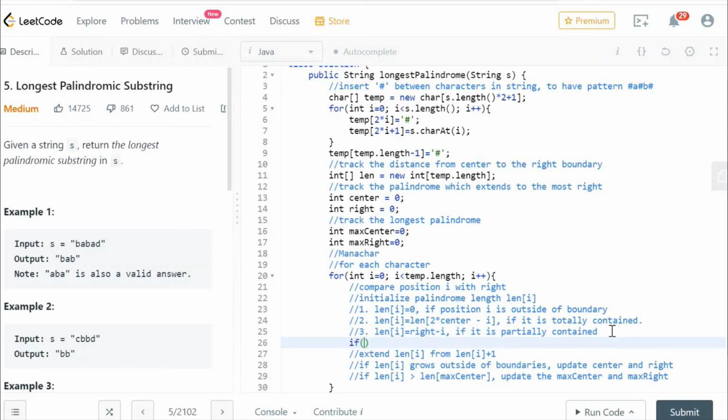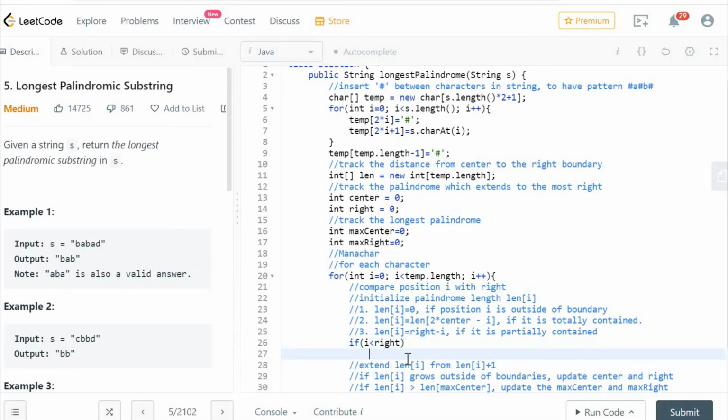We're going to have an if statement to compare i with the boundary. The variable right is the boundary of the palindrome that reaches the rightmost position. So here we're going to write one line of code to include all these 3 scenarios. So the distance at the position i equal to